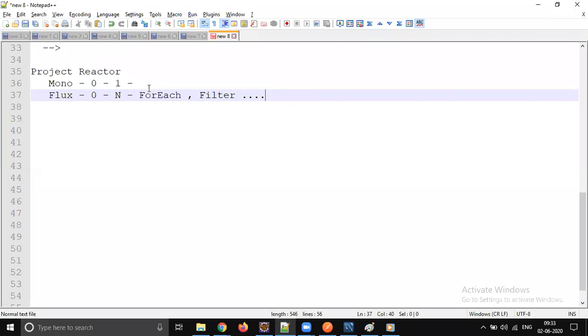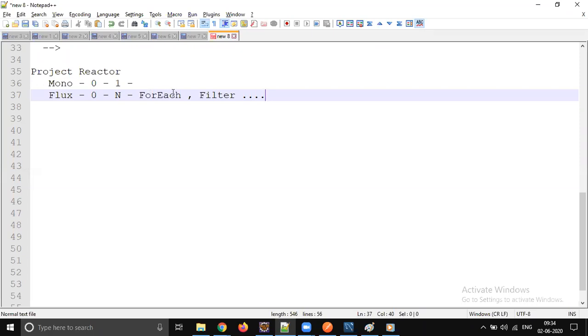So Mono means for sure, anybody can guarantee, it can hold a maximum of only one element. There is no chance you can get more than one element. So when you know that, you can process differently. When the return type is Flux, which means there is more than one element, you have to handle that carefully. You should consider you are handling a group. When it is Mono, make sure it's only one.